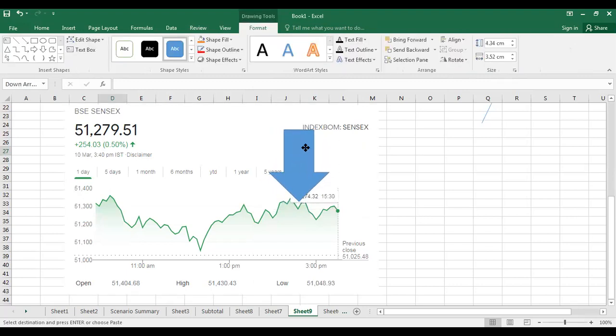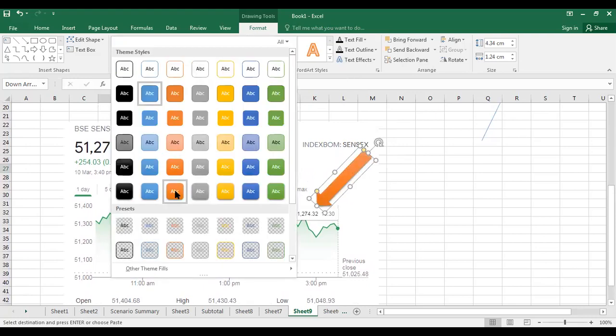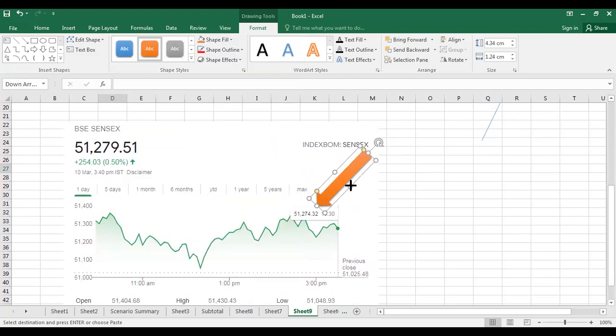In this, I'm trying to fix my own. It's one shape, an arrow shape I have taken, where I like to give my own explanation or point something out. Here, if necessary, I can turn this arrow. These are all very basic things you can try. Then you wanted to change the color of the shape. I want to mark it in red color. I want to make it a thin arrow.